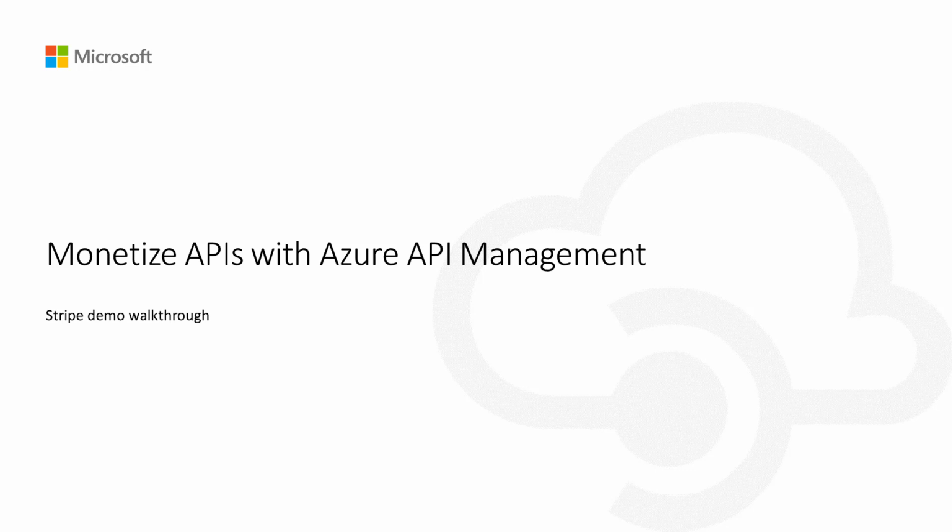This short walkthrough video will describe the process of deploying and configuring the demo solution for integrating Azure API Management with the Stripe payment gateway. Before you get started, you'll need the following: a Stripe account, preferably a test account if you're still evaluating this